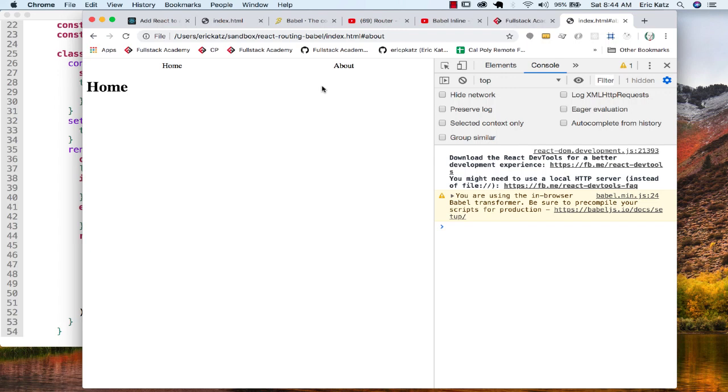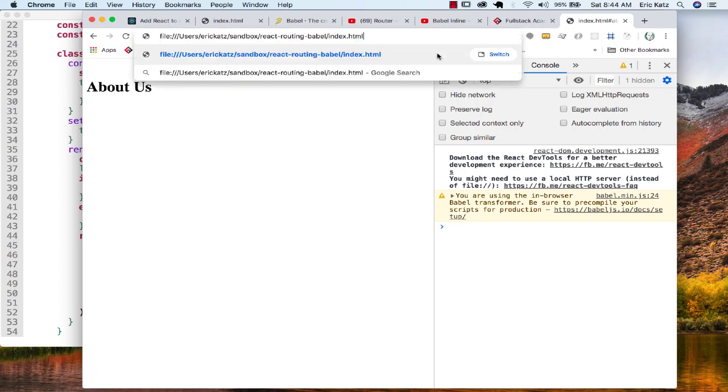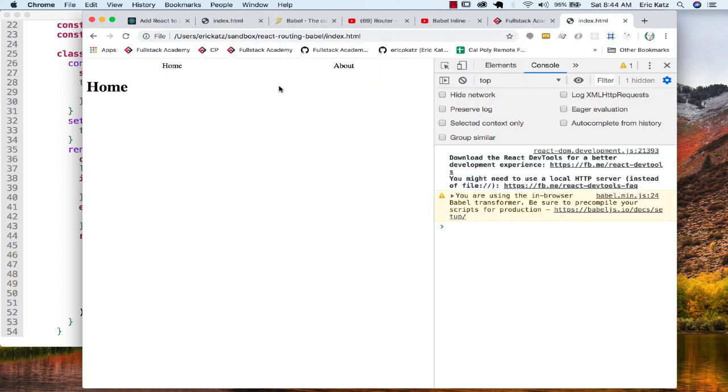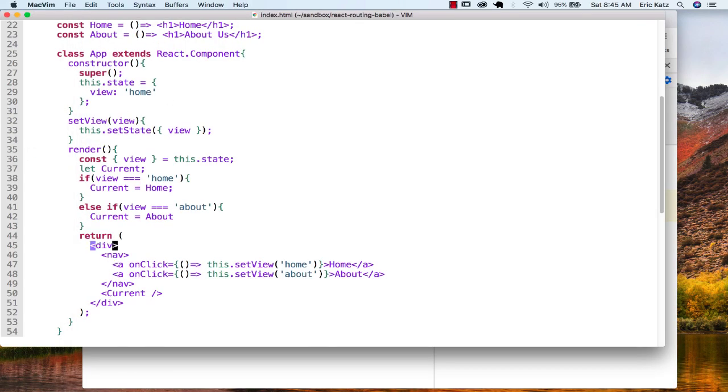So the problem that we're trying to solve is that even if we were on this about page, let me get rid of that because that shouldn't be there. Even if we were on the about page and we refresh, we're back to the home page. So we're going to solve that problem by putting a hash up here. And the way that we're going to do that is that